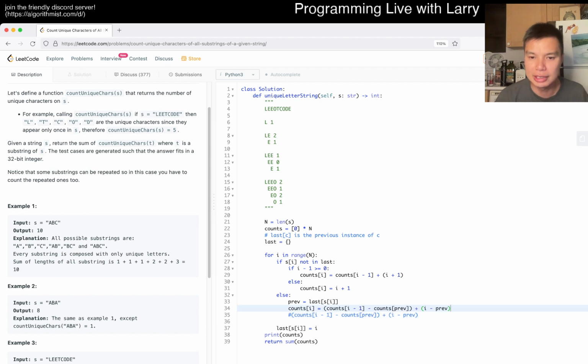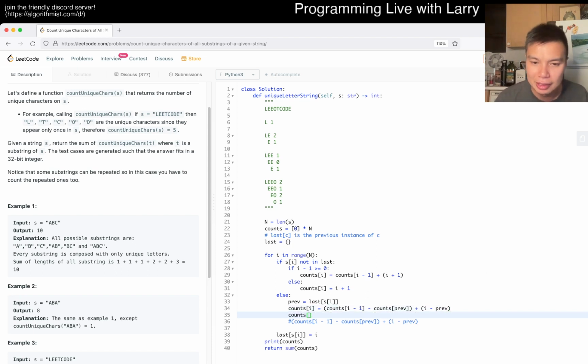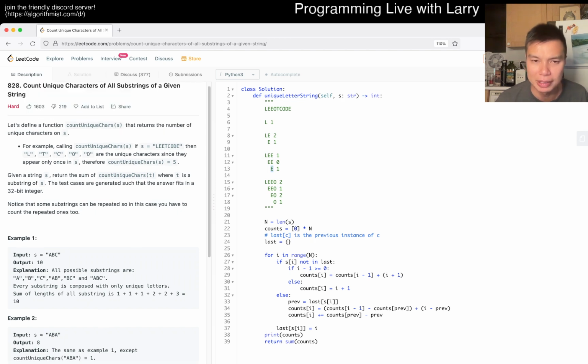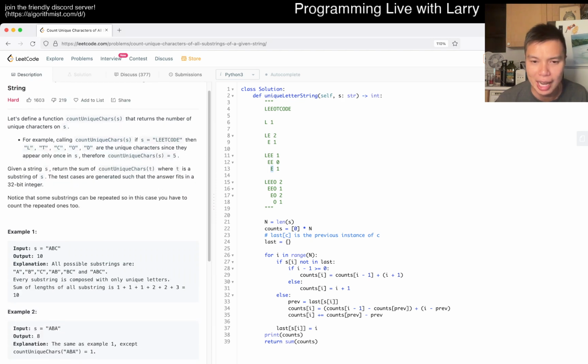Yeah. So this is the amount to the not dupe, and then the dupe elements is going to be counts of previous minus previous, something like this, right? It may be off by 1, but the idea here is that to everything to the left of it, because of this character, now you have to do some inclusion exclusion thing actually, so that's what makes it tough. I can't do this quite like that, but you have to basically